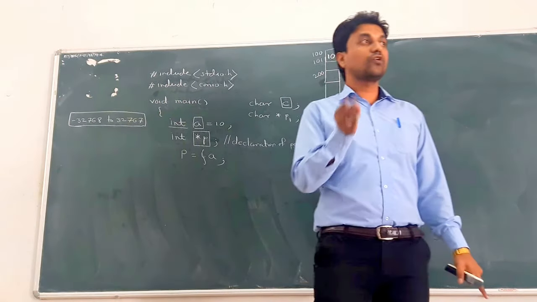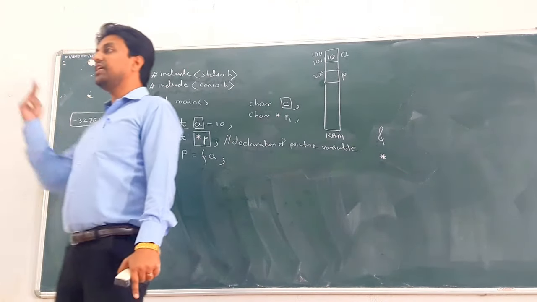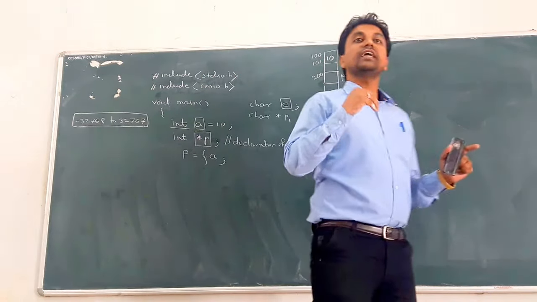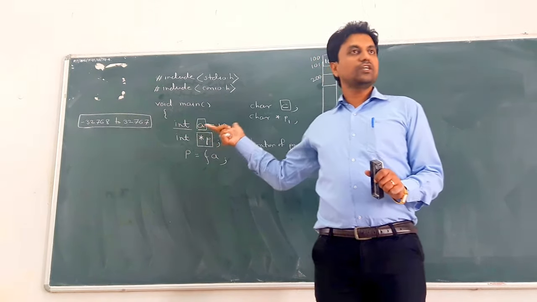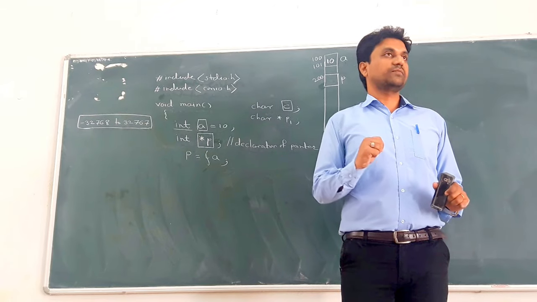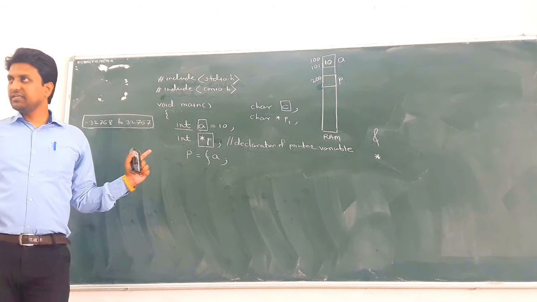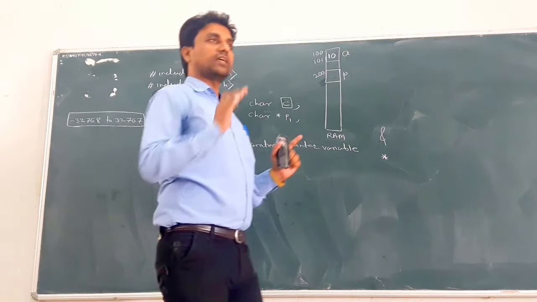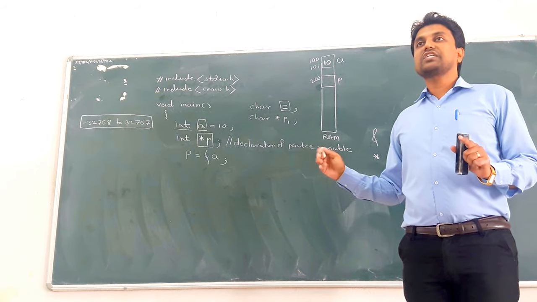A float value variable requires 4 bytes, but a float pointer variable requires only 2 bytes, because every time a pointer variable stores only an address, the base address of that variable, and for storing a base address 2 bytes is sufficient. But if it is a 64-bit system, then 4 bytes are required. Almost all systems are 32 bit, that's why 2 bytes are required. Understood? Any type of pointer variable, character pointer, float pointer, integer pointer, long pointer, every pointer type of variable requires only 2 bytes.